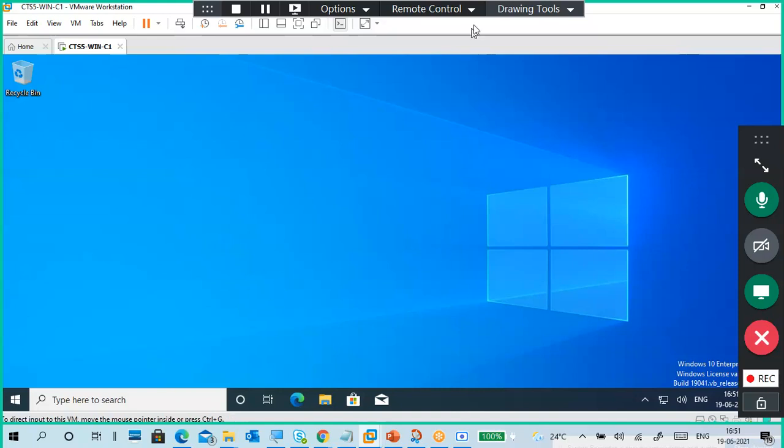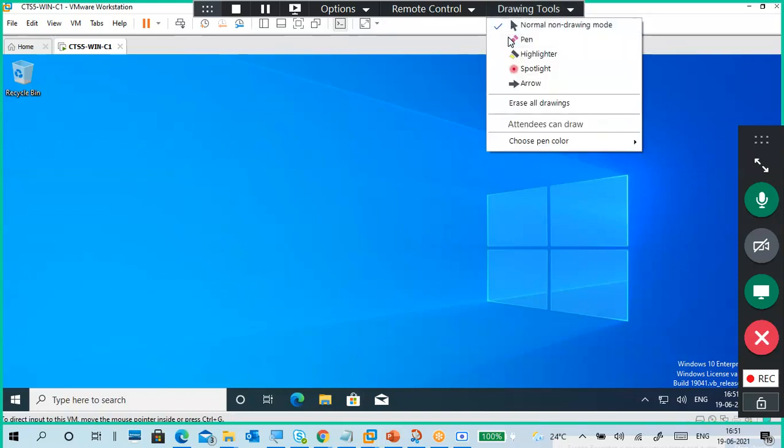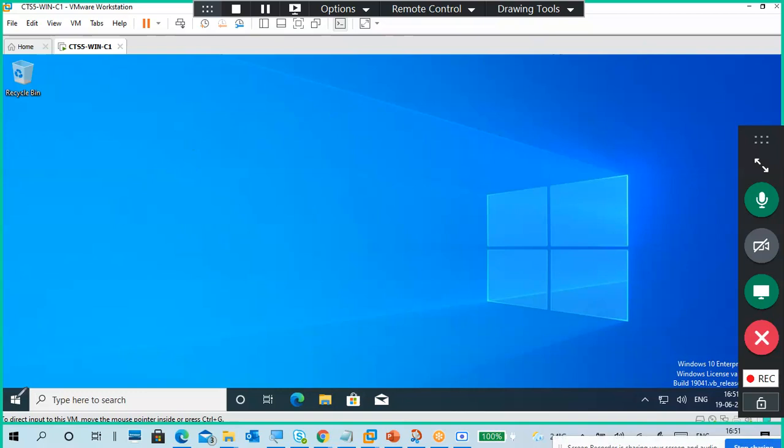So how many features have we discussed up to now? Start menu, content features, tablet mode feature, task view, and Cortana.